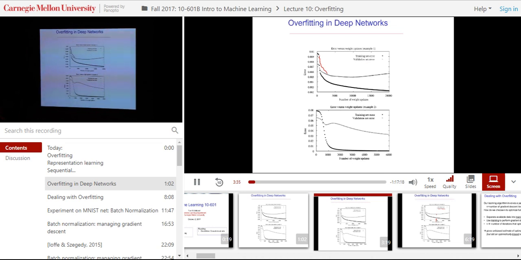And so when you're done training the network, if you want to use it on future data, then which version of this network do you want? Well, obviously you want the version of the network that's going to do best on future data. And so the least biased estimate of that comes from the validation error. And that's minimum around here. So it's basically this version of the network that you hit after 9,500 iterations of training,